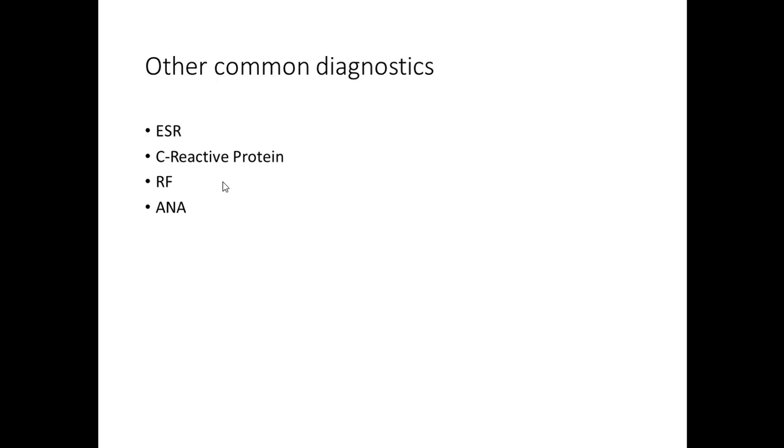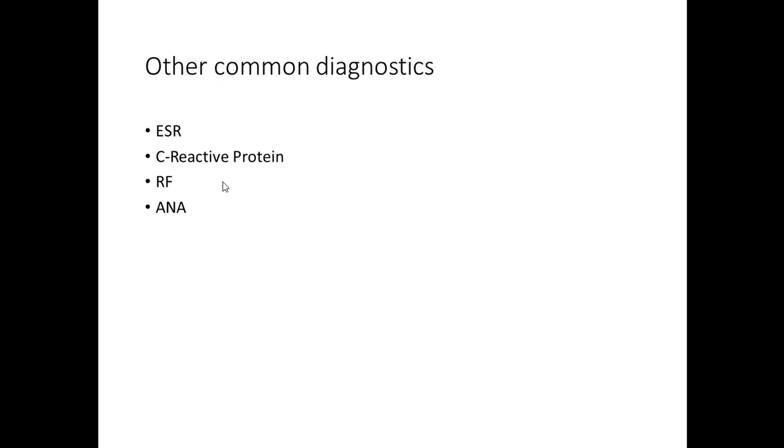Rheumatoid factor is either positive or negative. It's just looking for antibodies that are in the blood that attack the normal antibodies, if that makes any sense. I always have trouble explaining that. If a person has a positive rheumatoid factor, they have developed abnormal antibodies that attack a person's regular antibodies. So it's looking for an autoimmune disorder.